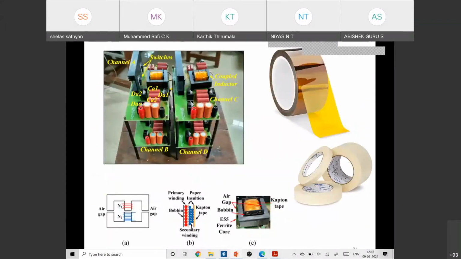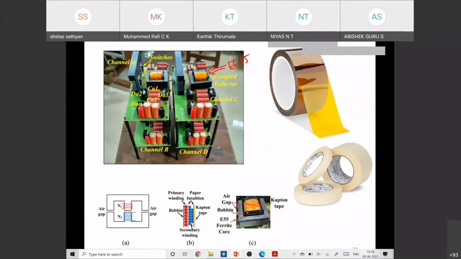So this is something which we made in our laboratory. You could see that this is an inductor. Basically, this is a flyback inductor, similar to a flyback converter. This core is a WE55 core, a little bit larger than the WE36 core which we have designed. And here also we have provided an air gap.